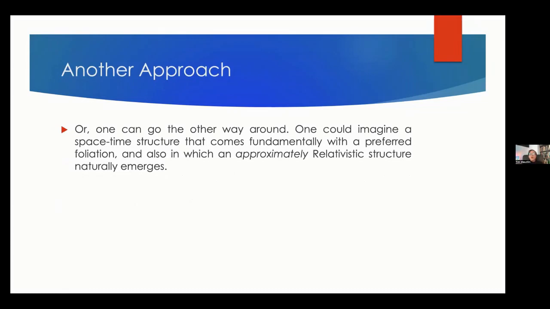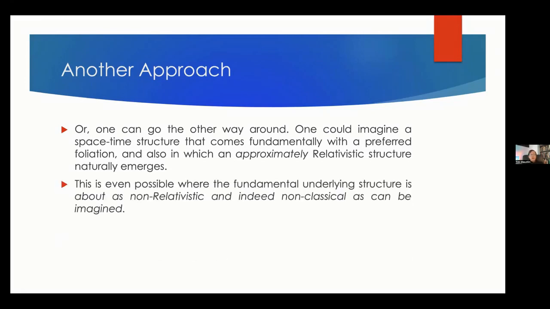Suppose we don't do what I just suggested, that is, start with a relativistic space-time and add a foliation to it. But suppose we start with an entirely different structure, completely different, absolutely non-relativistic looking structure, and see whether the relativistic structure can naturally emerge from it. That is, even though at a fundamental level, the space-time structure does not look at all relativistic, maybe in a very simple and comprehensible way, something that does look relativistic can emerge from it. That's going to be the scheme now. And I'm going to show you that this actually can happen.